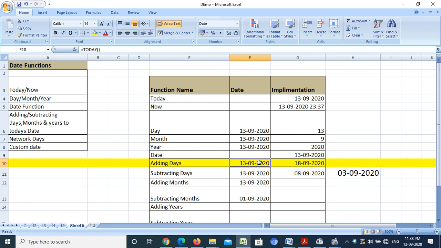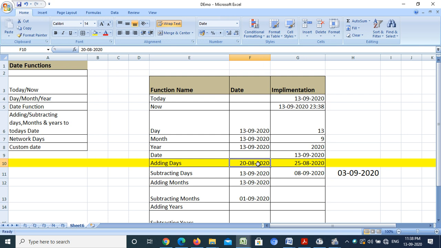But suppose I want to change this date. I'm going to write 20th August 2020. Now see, it will give me the result 25th August 2020 because earlier I added 5 days to the current date, but now I changed the date to 20th August 2020.